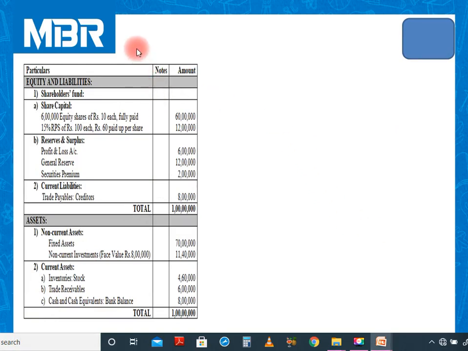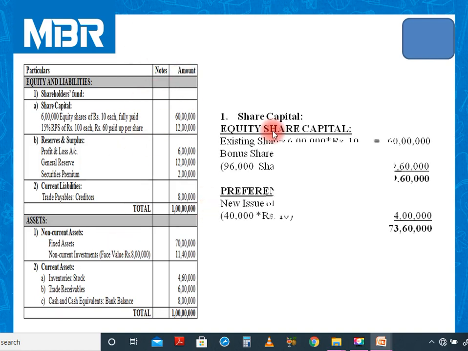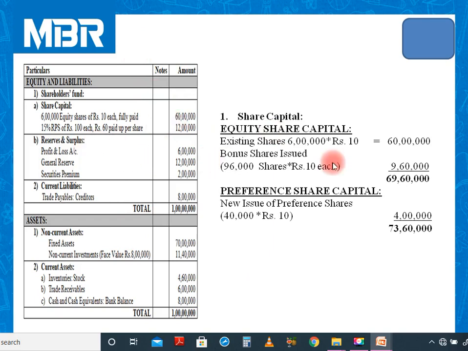We have the old balance sheet, and using this we need to calculate our capital. 6 lakhs equity shares of rupees 10 each, existing amount of share capital 60 lakhs. During the course of redemption, we have issued 96,000 equity shares as bonus. So 96,000 shares multiplied by 10 rupees is equal to 9,60,000. So total equity share capital